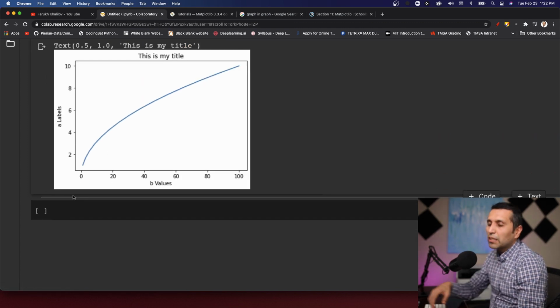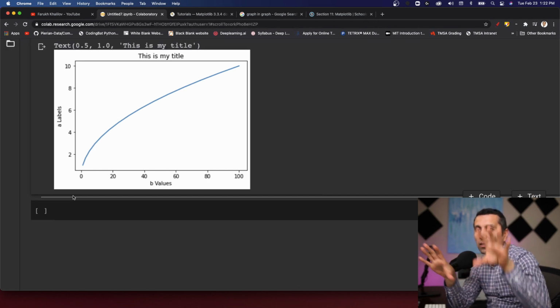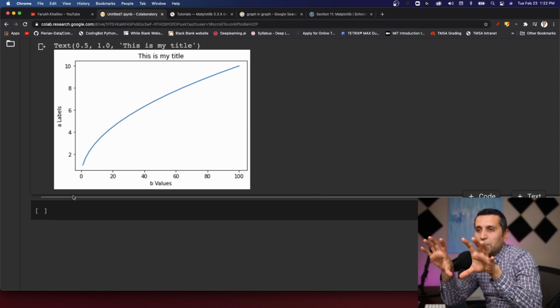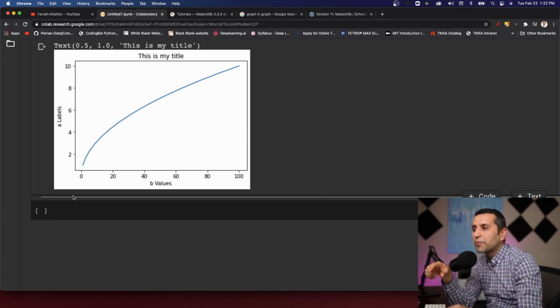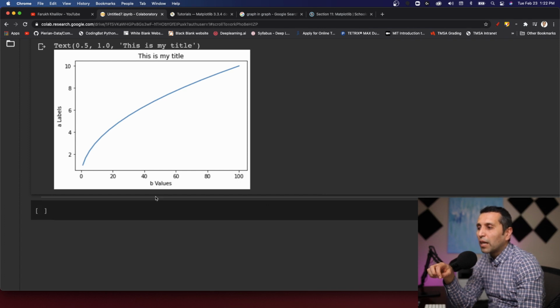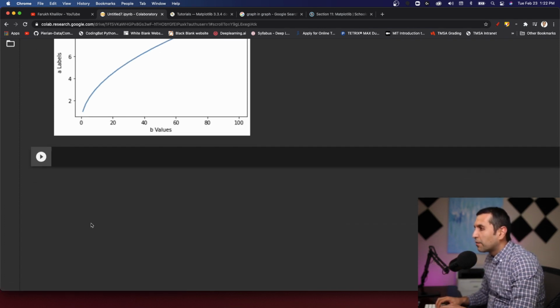Imagine that you have two graphs that you want to see side by side or up and down. For example, you have two students and you want to match them and see them in the same space to analyze them at the same time. Right now I see only one graph. What if I want to have another graph over here? So what I will say is, from the PLT,